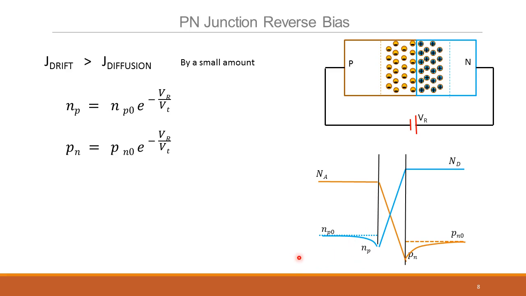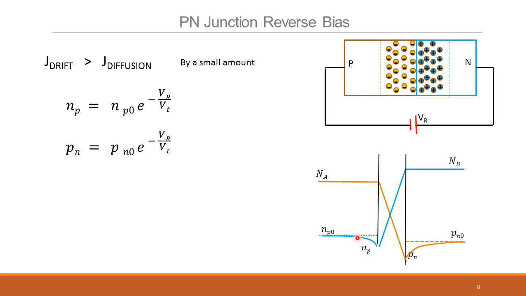So in the forward bias, the diffusion currents can be thousands of times larger than this, because NP can at best go down to 0. When it goes down to 0, the difference here is just NPO minus 0, which is NPO. Whereas in the forward bias, it could go up to 1000 times larger. So the diffusion current slopes are much larger in the forward bias. There is still diffusion here, and it will cause the current. The drift current is larger than the diffusion current because it just pushes whatever comes here onto the other side.